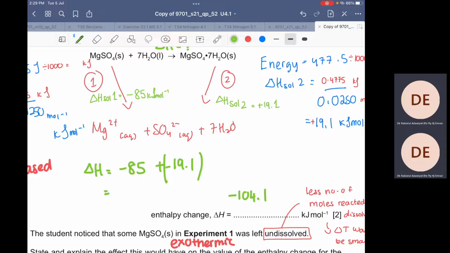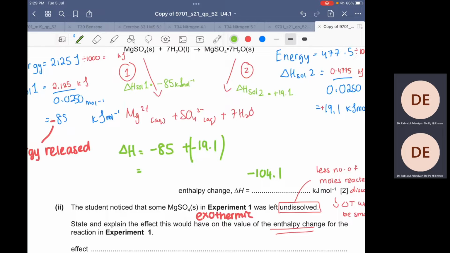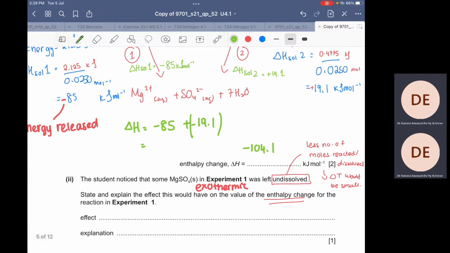The student noticed that some magnesium sulfate was left undissolved. So that means you have less number of moles reacted. So if you have smaller number of moles, the delta T will also be smaller. Same logic as just now. You want bigger delta T, you use bigger moles. So for this one,